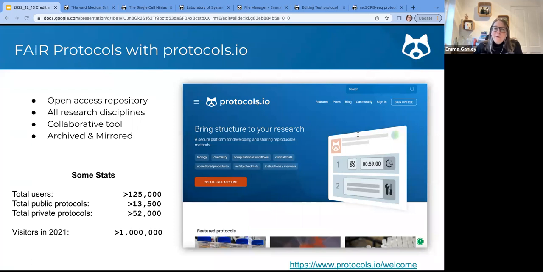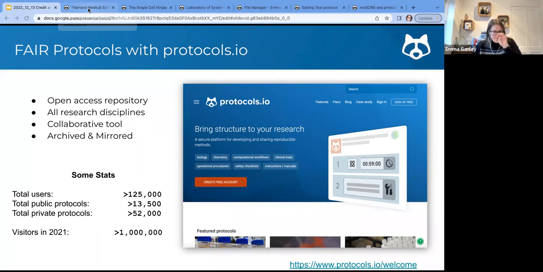Geographically, when we look at where the people looking at our content are from, I think only about 30% is from the US, and it's probably a similar amount from Europe, but it's very much global. Everyone else is all around the world. So there's a hugely global impact of sharing protocols on protocols.io. And I will quickly switch to just a few examples to run through what it looks like on protocols.io.